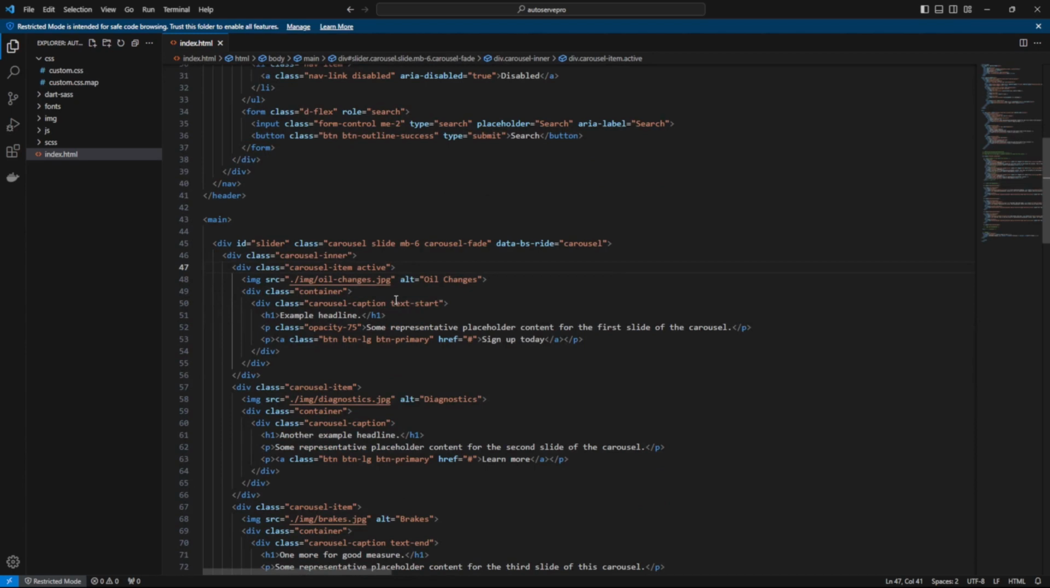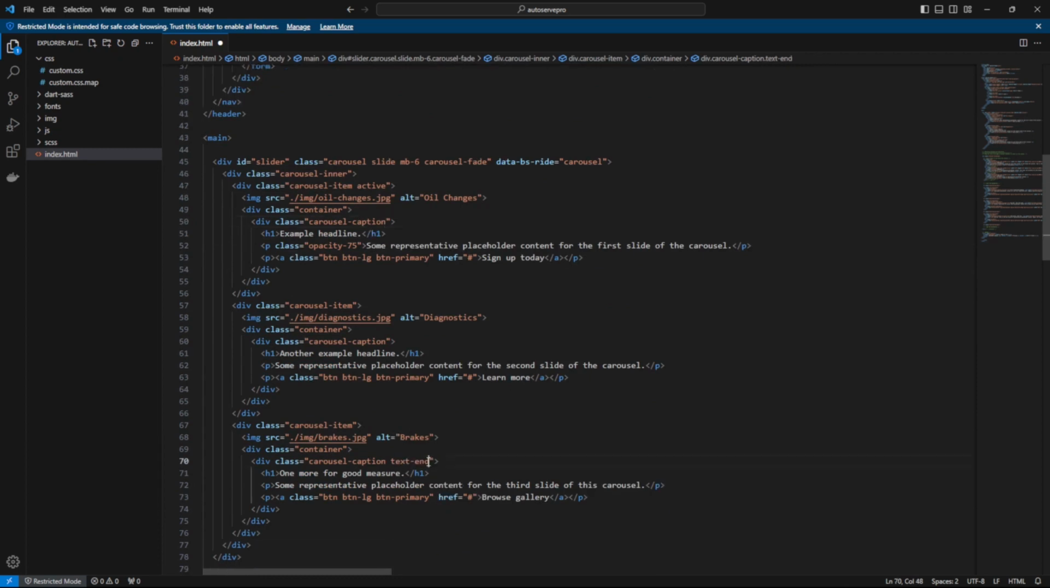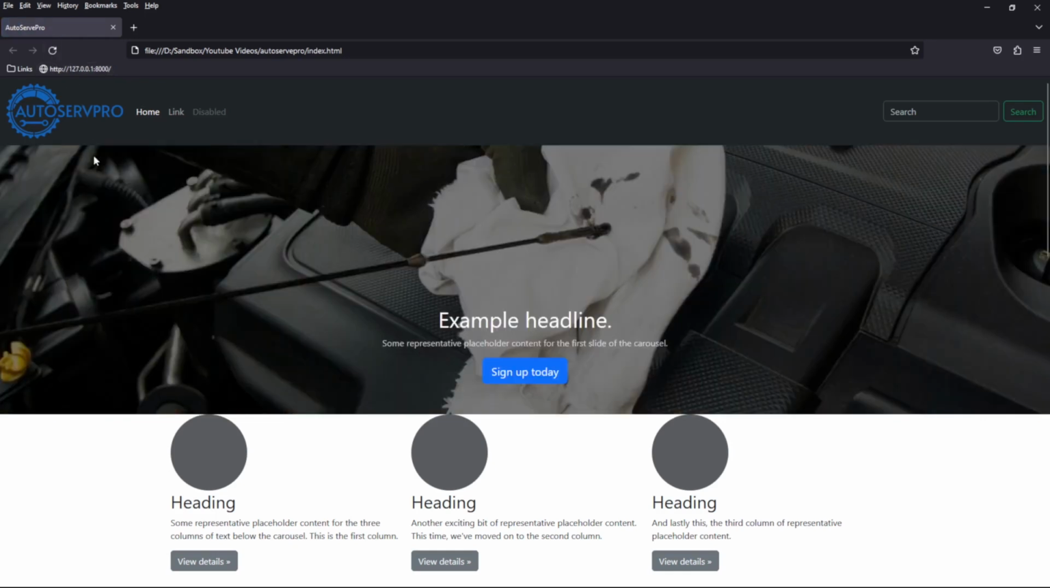The other thing that we want to do is we want to remove on the first slide this carousel caption. We want to remove the text-start class, and then on the third slide we want to remove the text-end class from that one. The default is to be in the center, and so if we remove these classes, it should move that caption to the middle of the slide. So let's go over to the browser and hit refresh, and you'll see that our text is in the middle,